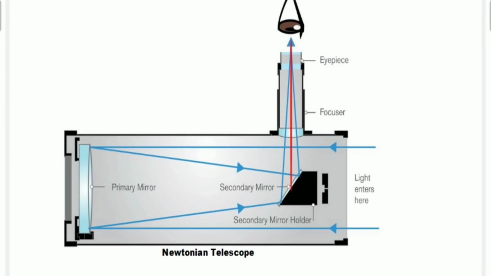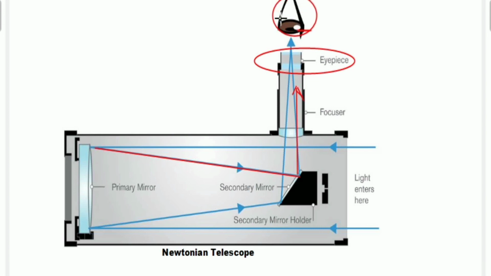Now once the light, after reflection, falls on the plane mirror, observe this is the reflected ray, and after falling on the plane mirror it gets reflected back in this direction. And here there is one convex lens placed. What is the name of the convex lens? Observe, this is the eyepiece, and this is the convex lens. Of course the rays travel parallel to the principal axis toward this eyepiece, and here there is an eye.